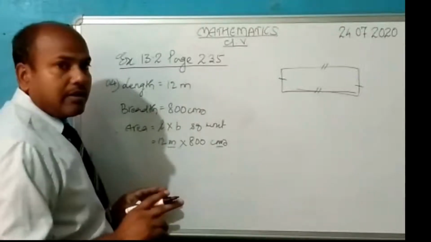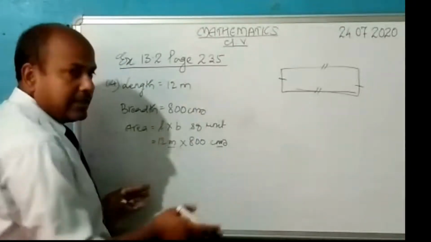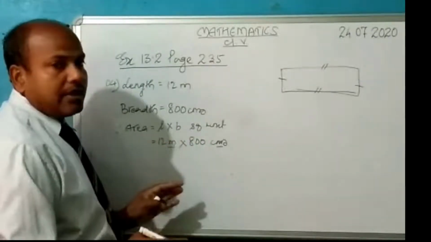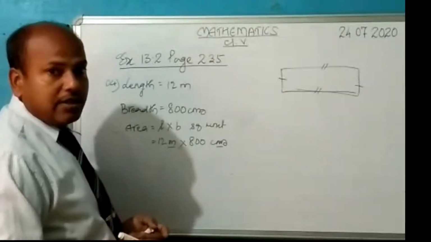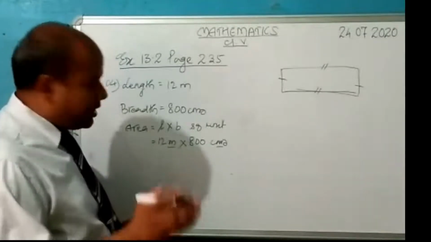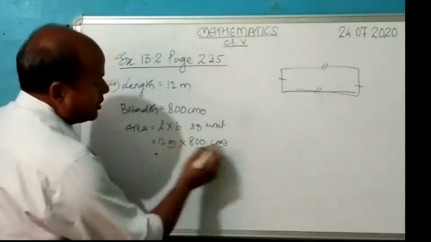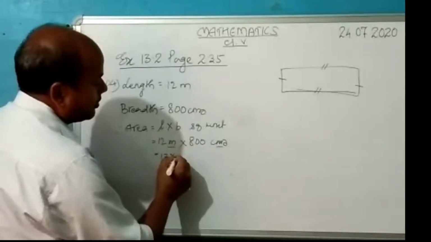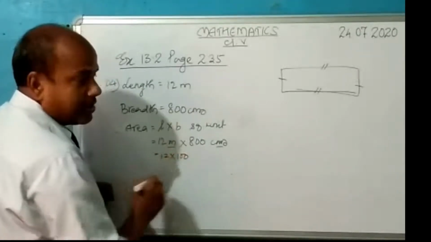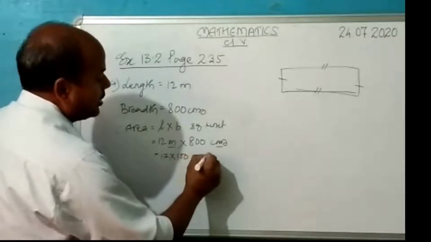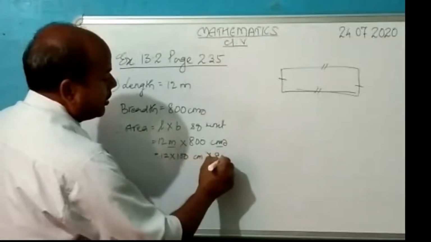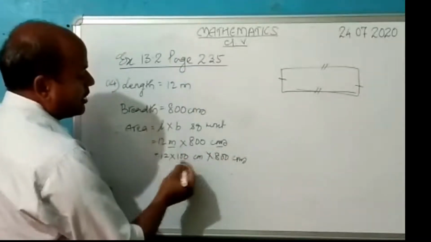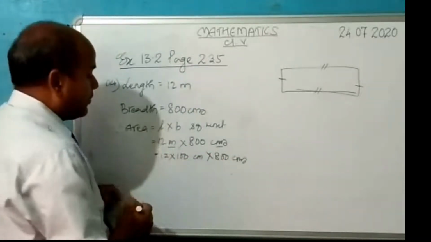But it's easier to convert a bigger unit into a smaller unit rather than a smaller into a bigger unit. The conversion you have already learned; I explained it to you the other day. So let us convert the meter into centimeter. 12, if you multiply it by 100, it will be converted to centimeter. Now this is centimeter and 800 is also already in centimeters. So meter is converted to centimeter when we multiply it by 100.